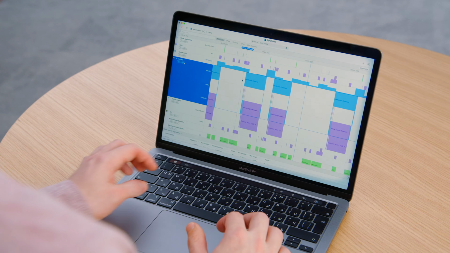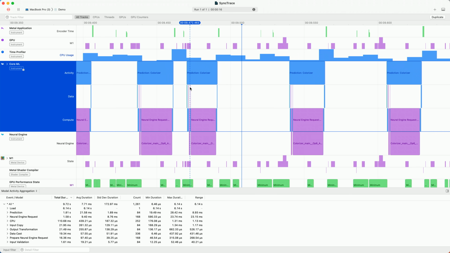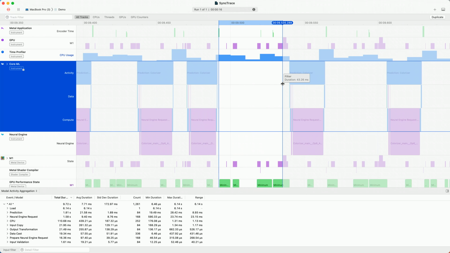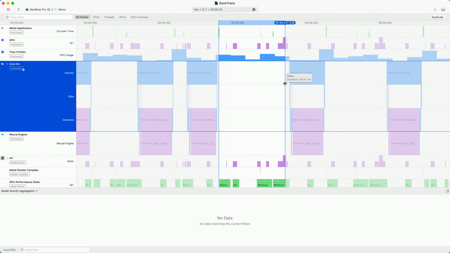I went ahead and captured an instruments trace of the app running with the CoreML instruments template. When looking at the instruments trace, it shows that the predictions are run serially, which is ensured by the actor isolation. However, there are gaps around each prediction before the next one is run, which is contributing to the lack of performance.